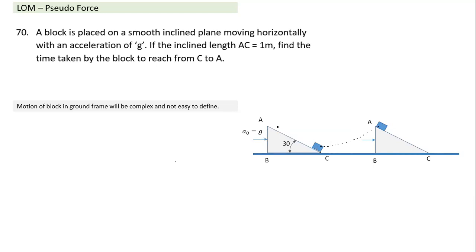That's the way we solve most of the questions. Otherwise, we'll have x component acceleration and y component acceleration, and we need to know the ratio of the x component and y component of acceleration. So in this particular case, if I had to do it in the ground frame of reference, it becomes a little complicated, and we need to know what the x component is and what the y component is.